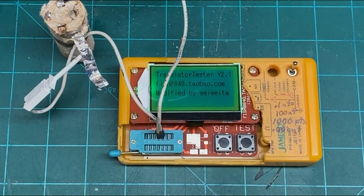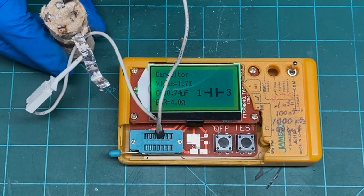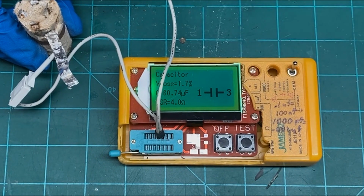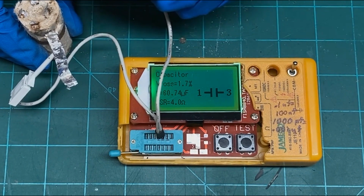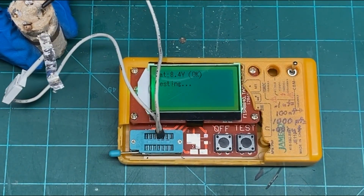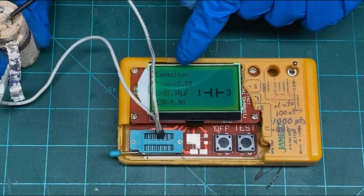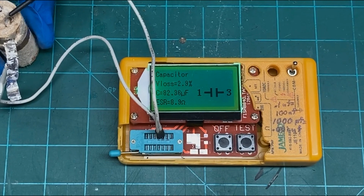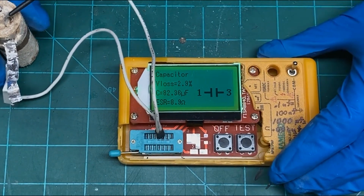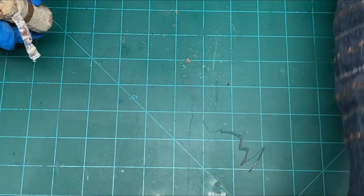Let's try this one. I think this one was open. Okay, it's showing, oh, that's 60 at 4 ohms equivalent series resistance. That's way too much. This thing obviously is leaky. And this one's capacitance of 82 microfarads. Oh, look at that ESR, it's 8.9. Okay, these are well beyond what they should be. And so they are quite leaky. Anyway,